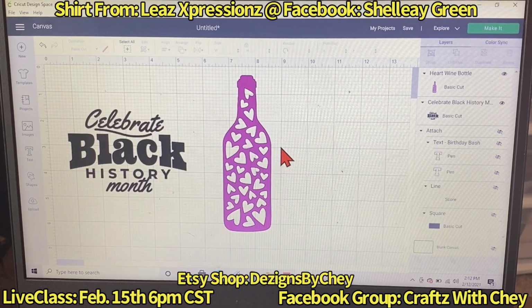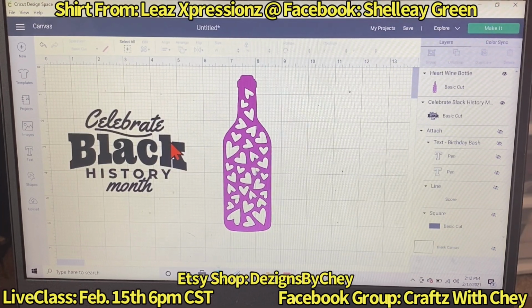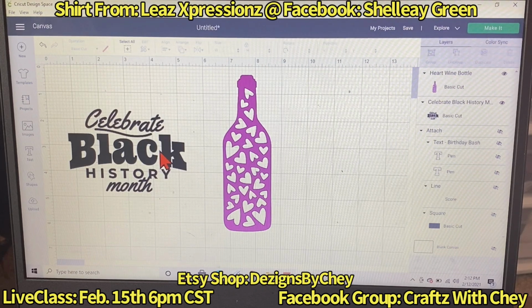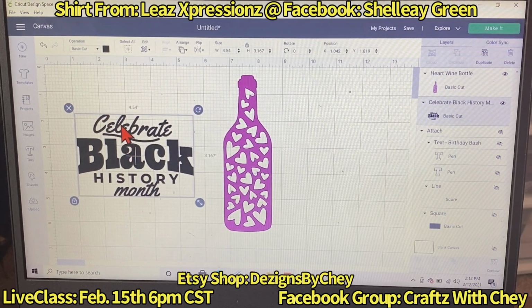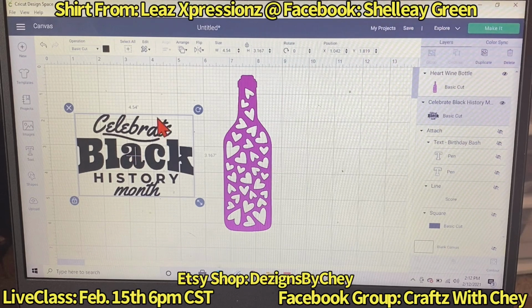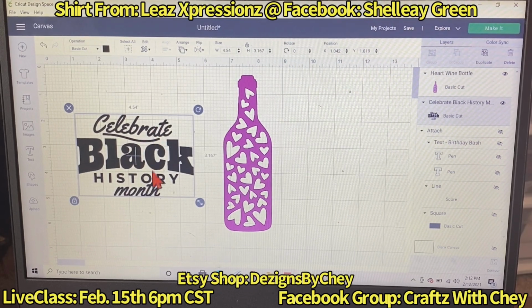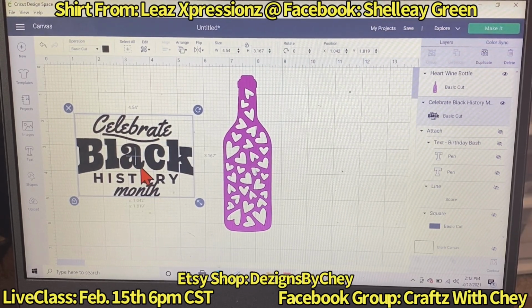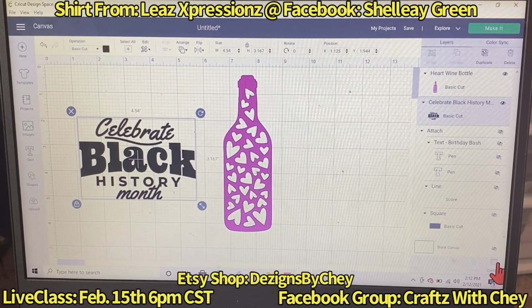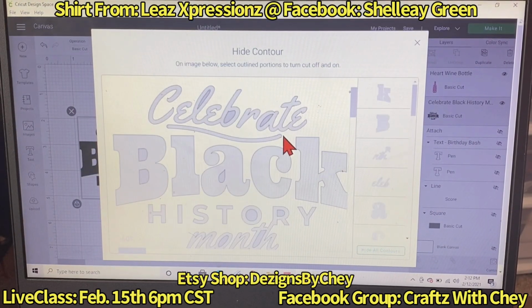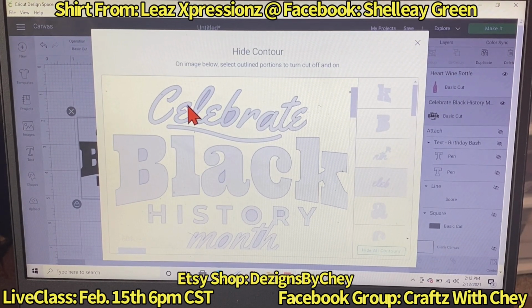The contour option is basically to edit an image. For example, let's say for Celebrate Black History Month, I don't want Celebrate or this line, I just want Black History Month. I can highlight the image, come over here, click Contour, and I have two options. I can either click one by one to delete Celebrate